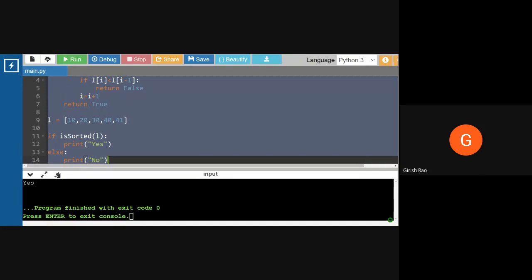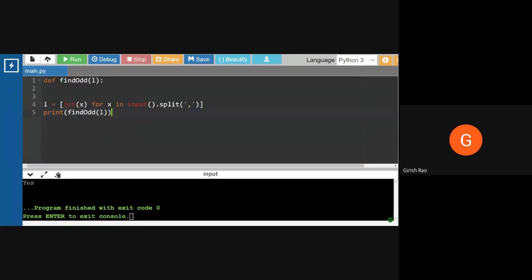Well, the next example is a little bit tricky. Let's see. Let me explain this command first, what it is doing, so that you're comfortable with it.